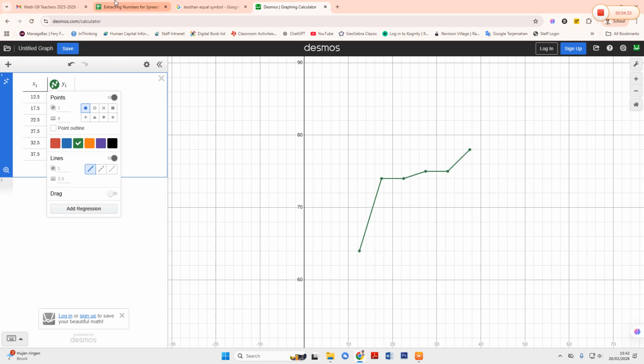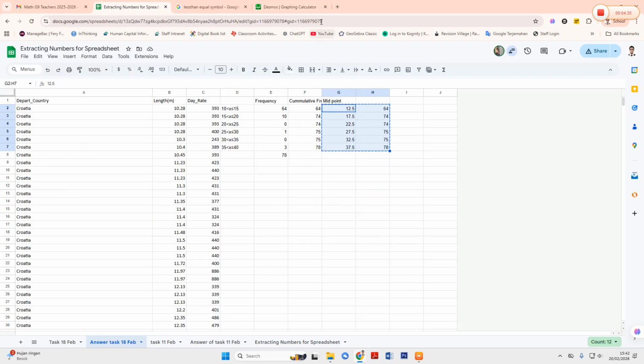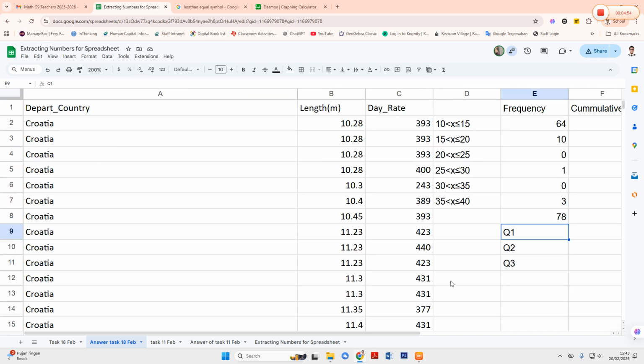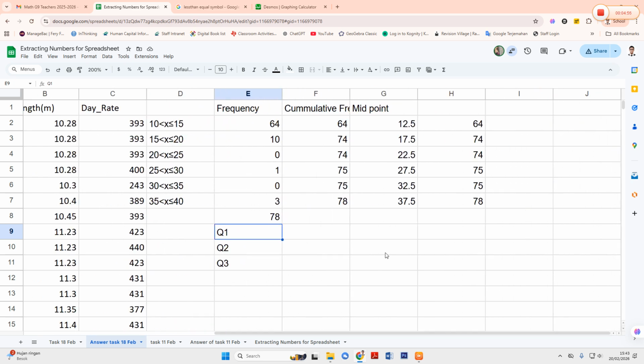Now I'm pretty sure you are confused about how to find the value of Q1, Q2, Q3. I will write it here: Q1, Q2, Q3. We get the data from the total frequency. In this case the total frequency is 78. So Q1 is